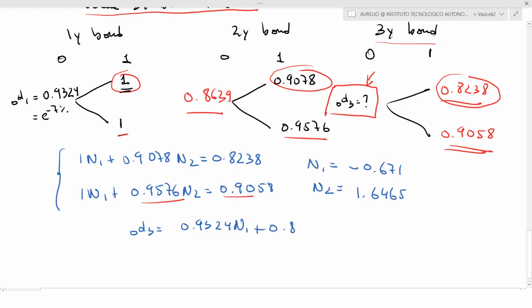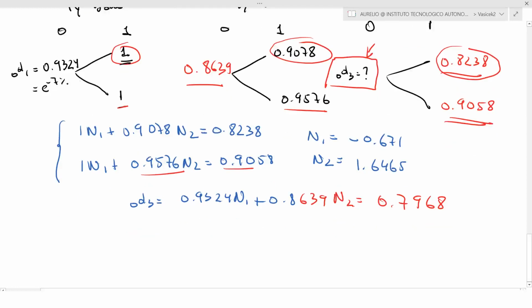Then 0D3 will be 0.9324, N1 plus 0.8639, N2, and this is equal to 0.7968. So overall, the term structure that we get at time t equals 0 is 0R1, the original one was 7%, 0R2 is now 7.32% that you get from the discount factor, and 0R3 that you get from the 0.7968